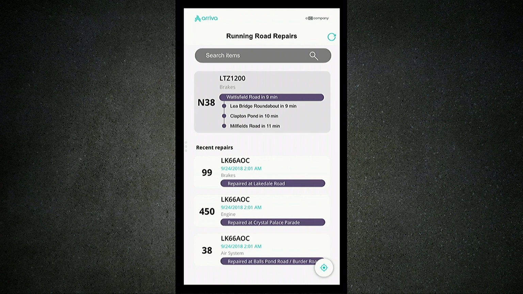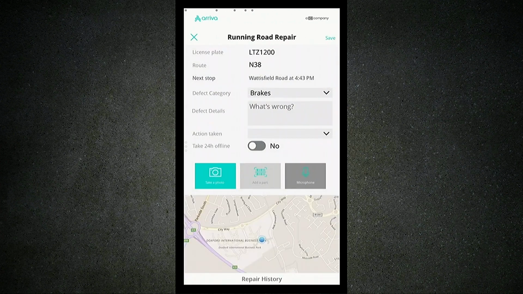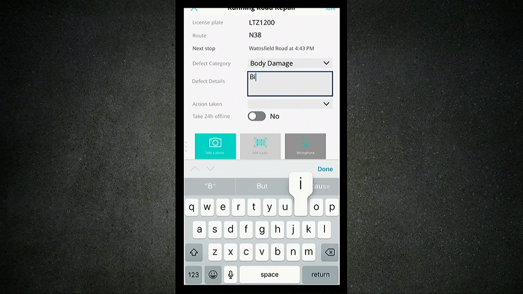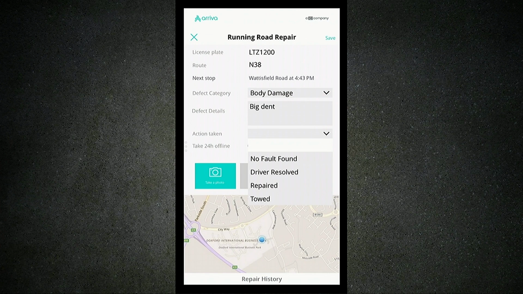And that's actually done by coming from Traffic for London and a bunch of other data sources to go pull that information. So say if I click through into this pending repair, we can see there's all kinds of great information here around what is the license plate of the bus I'm going to repair, what route is it running, what is the next stop, where I should be trying to meet it, things like that. And I can actually go fill out the information right in here about what's wrong. So in this case, say the defect category I want to say is body damage, and I can say there's a big dent, something like that. And I can say, hey, I'm going to repair this thing.